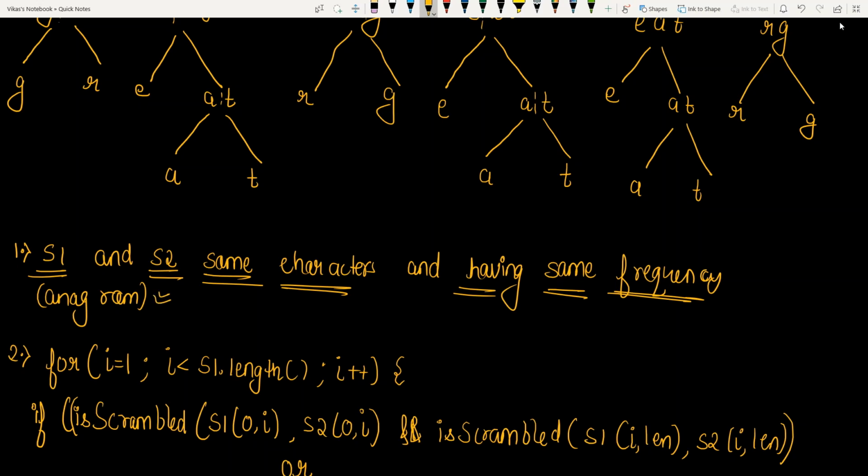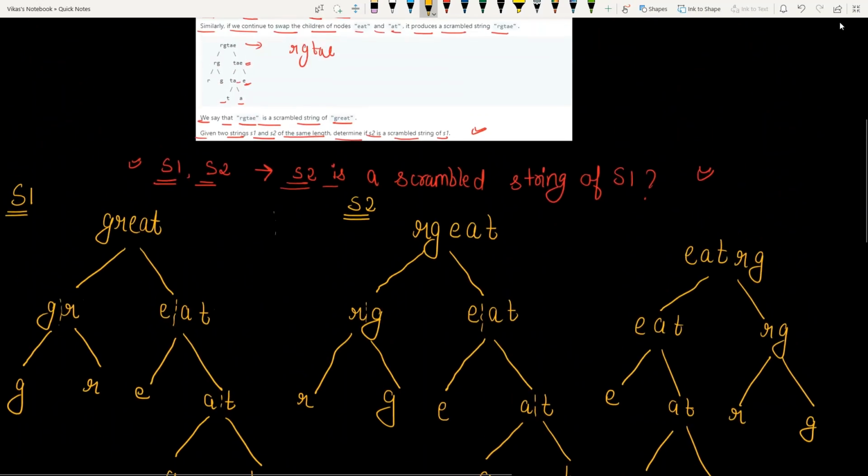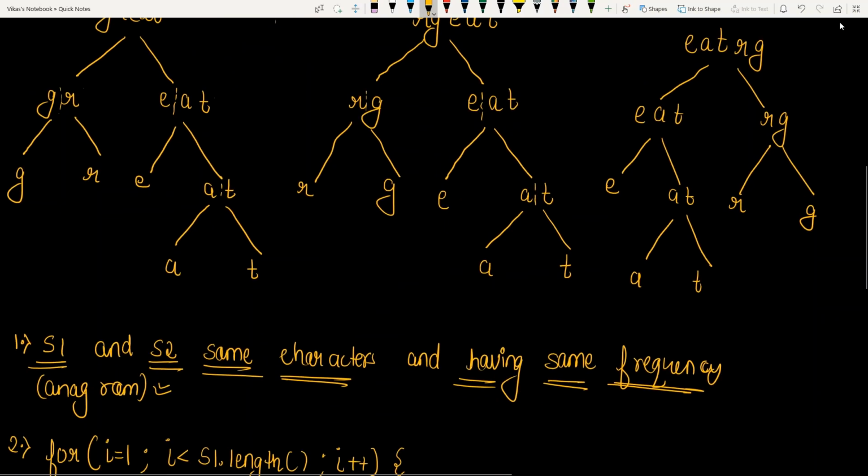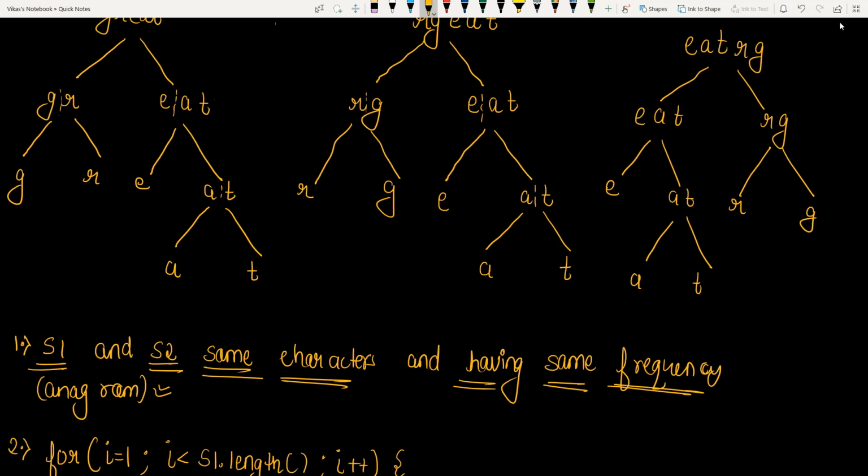Those two strings are called anagrams. If both the strings are anagrams, then only is it possible that they are scrambled. So this is our first condition. If this condition is false, we return false from here. Otherwise, we continue.